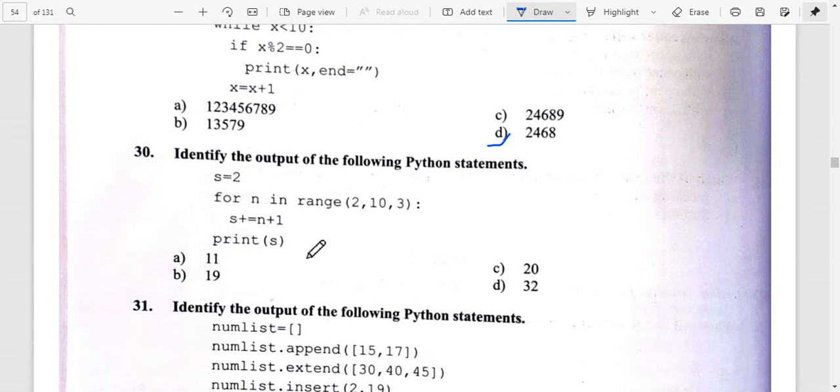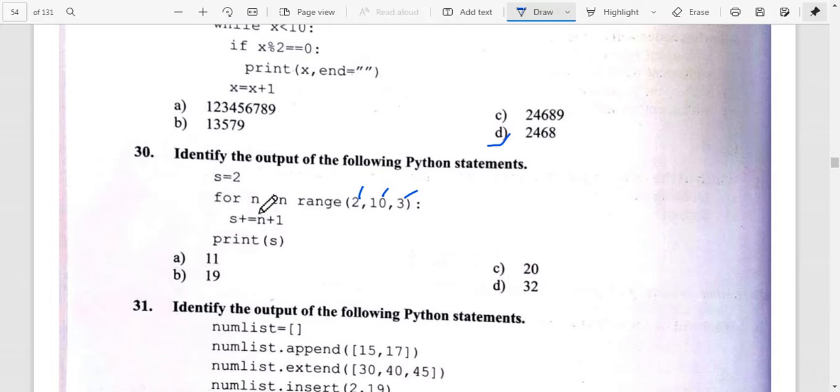Now question number 30. Identify the output of the following Python statement. S equals 2, 4, n is range with start 2, stop 10 and step 3. So S pre-increment equals n plus 1. Now print S. So what is the answer of this value? You know that S will start at 2.